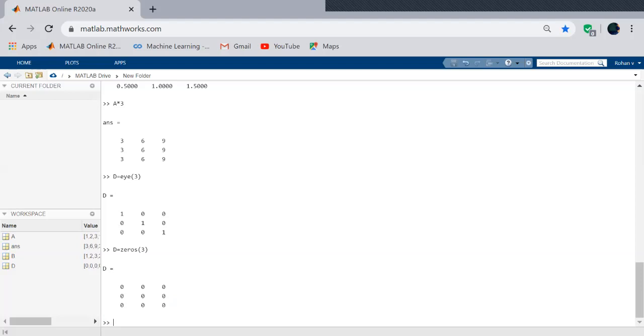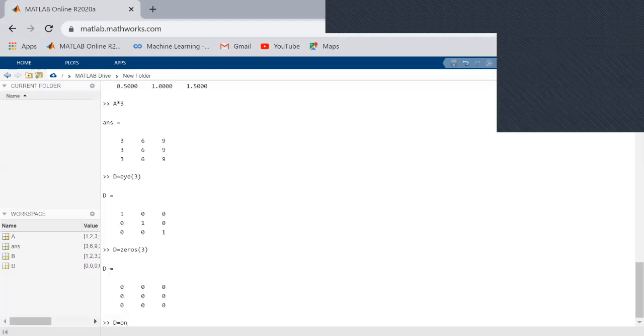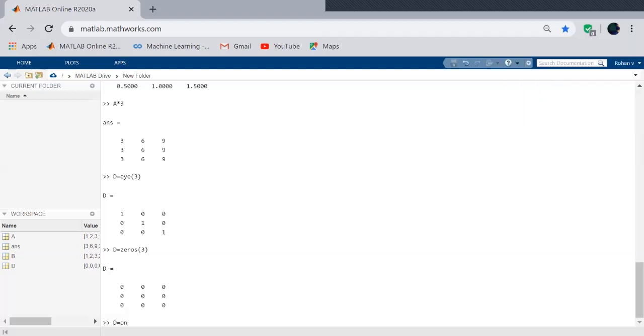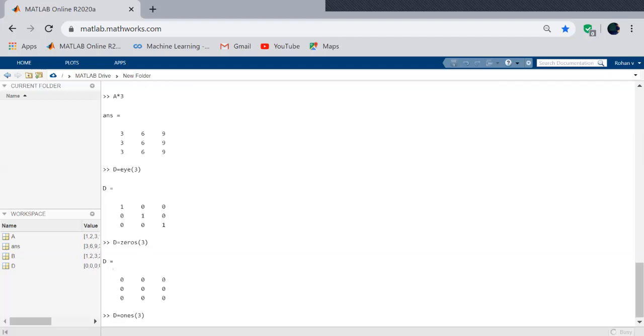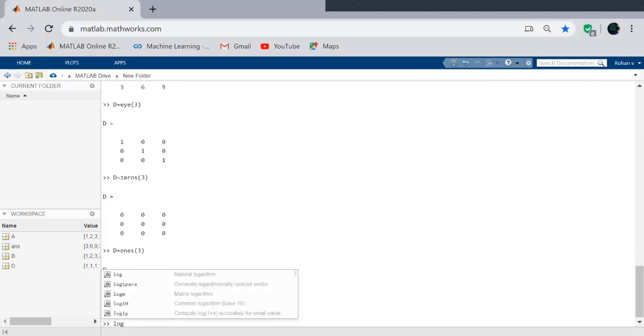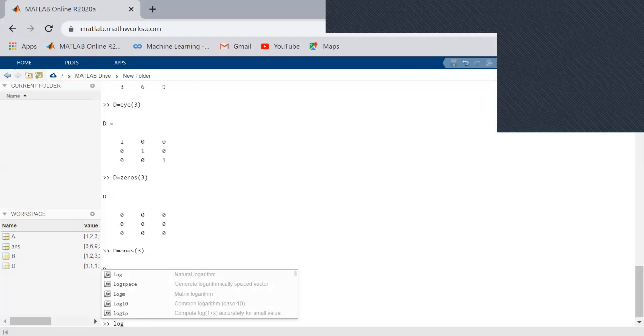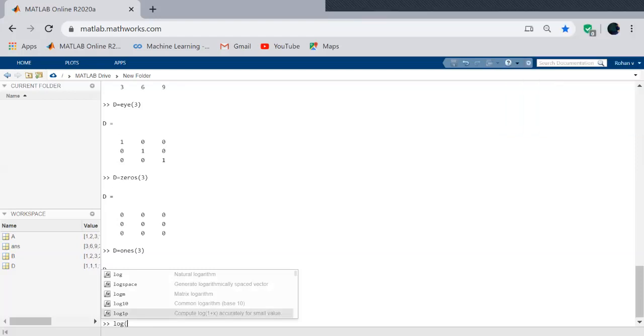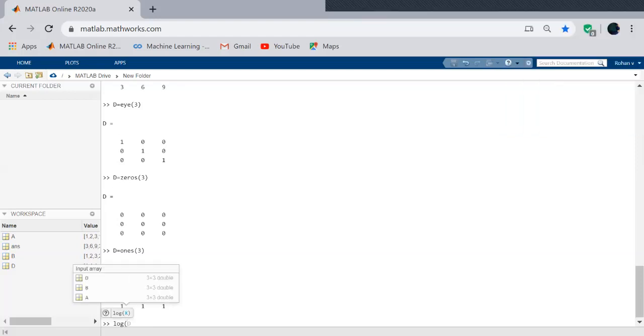And if you write ones, you can also create a matrix with 1 as elements. You can also use a log function which will return the log value of the matrix.